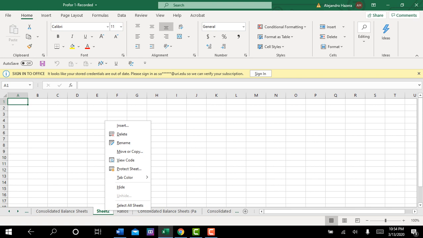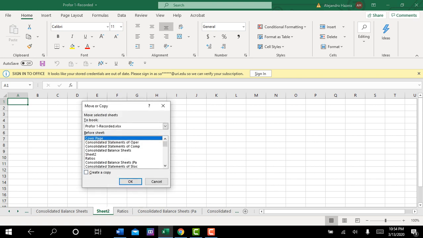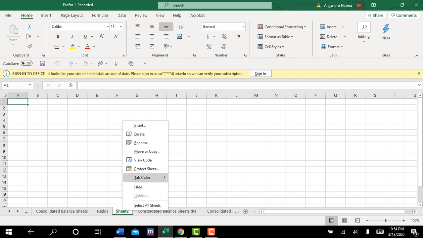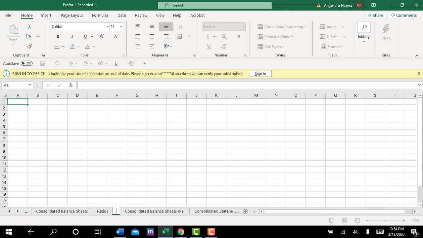So let's go ahead and I'm just going to make sure to insert the worksheet. I put it in the wrong place. I would rather have it to the right of the ratio sheet. So there it is. And let's go ahead and just rename this worksheet basic valuation. And that's different from the full pro forma valuation, which we will put to the right of this basic